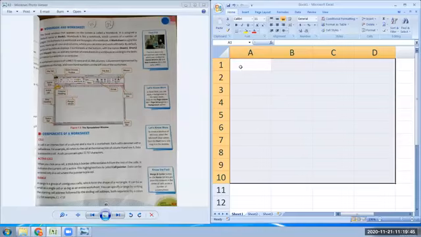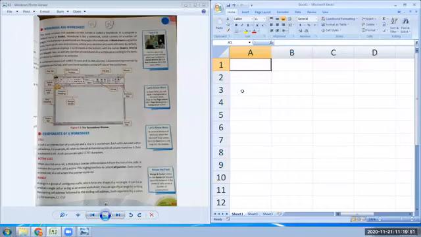So if you write A1 colon D10, it becomes a range. What does it become? A range.